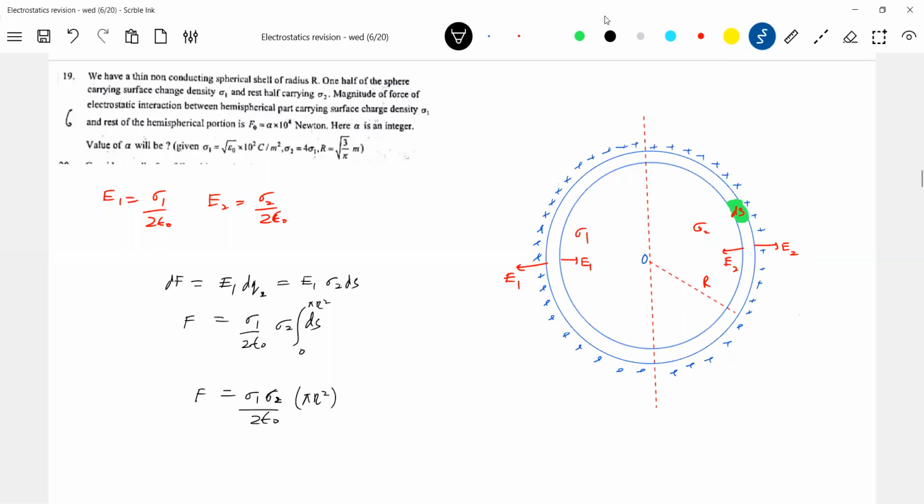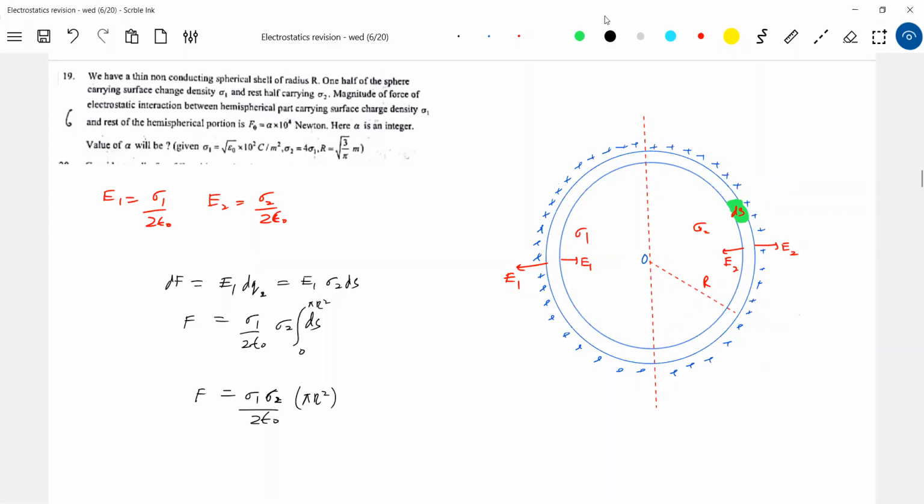Now you may have many questions, sir. How come, if you look at how the field here will be, it will be in this direction. This particular strip will experience force like this, and this will experience force like this. The resultant force will be horizontal. That together we show effectively like this.